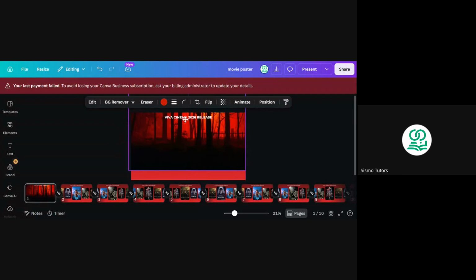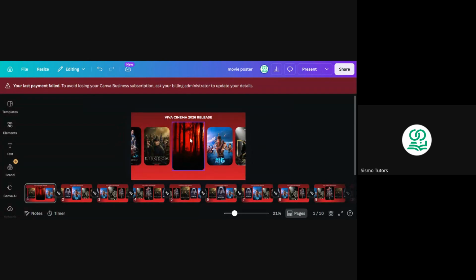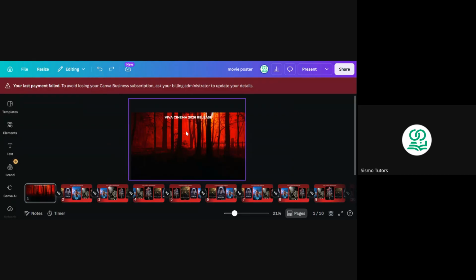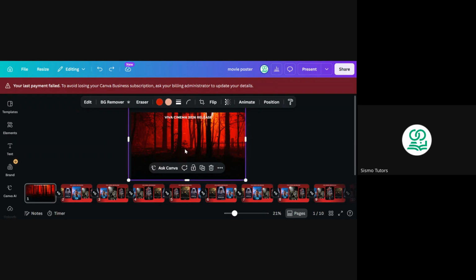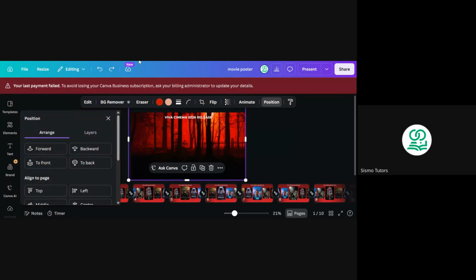But if you drag it directly, it's going to enter inside the frame, which you don't want. But if you move it to the downside and then you drag it open, automatically it covers the whole page. Now, once it covers the whole page, the next thing you're going to do is go to the positioning, which is here. You click on position,